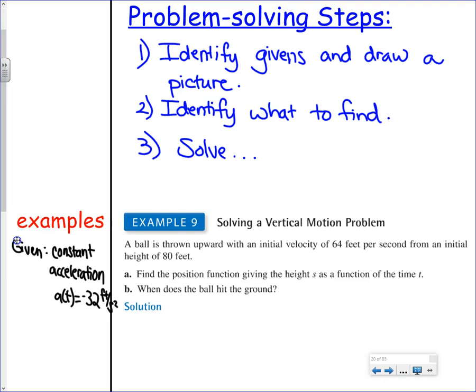How can we get to position starting from acceleration if we're not given much else? Integrate. Because acceleration is the second derivative. Hey, what homework problem last night is going to help us go from a second derivative to an original? Number 44. This is an example. You're given the acceleration, which is a second derivative. We need to go backwards to position, which is 2 steps back as far as differentiation,